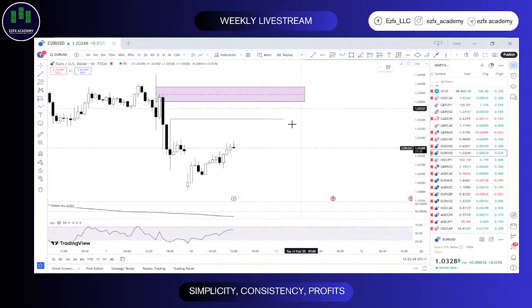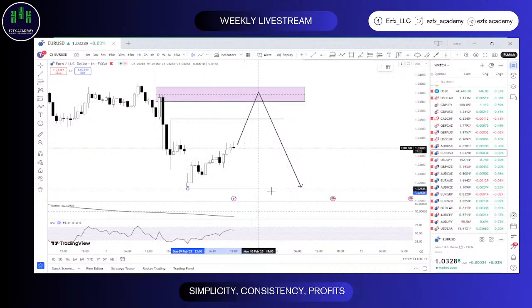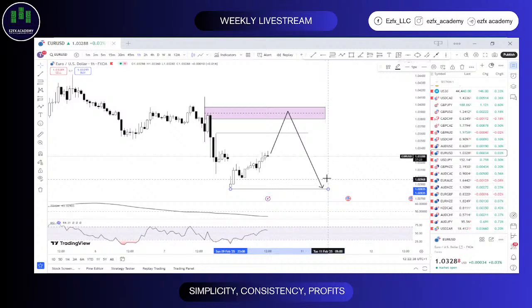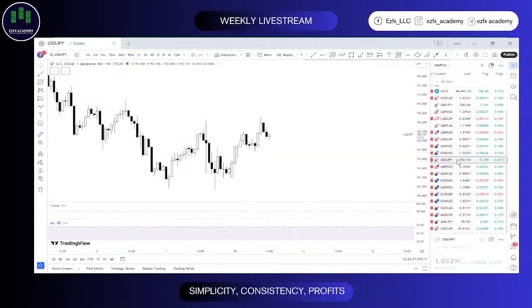So basically what I'm going for right now will be a buy, which is this, to a sell, which is this, and then this would be my target, a very, very conservative target on EURUSD. So the buy to sell region for me will be around 1.03967 and 1.03803. That'll be what I'm watching out for currently on EU for this week, a buy to sell sort of movement. Very, very short, very, very simple.